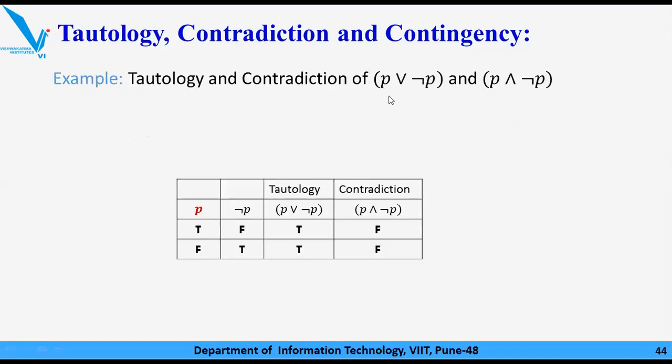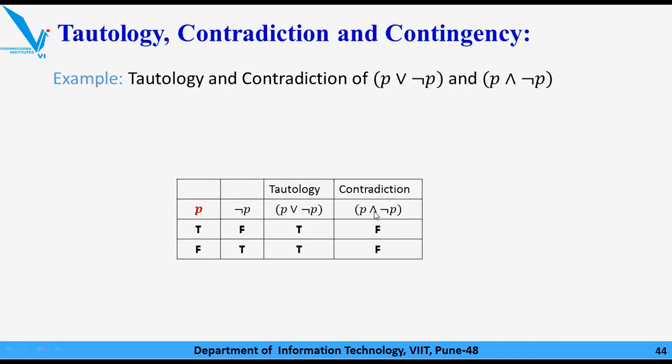So let's say we are given these two expressions. Let's have the truth values for these expressions. This is the truth table for both expressions. Let's discuss the first one, that is p or negation of p. For this expression, two terms are involved, that is p and negation of p. I will have the combination of p and negation of p, and I will get the value by ORing them. After ORing them I get that both values are true. It means that in all cases this expression will give a true value, and that's why this expression is a tautology.